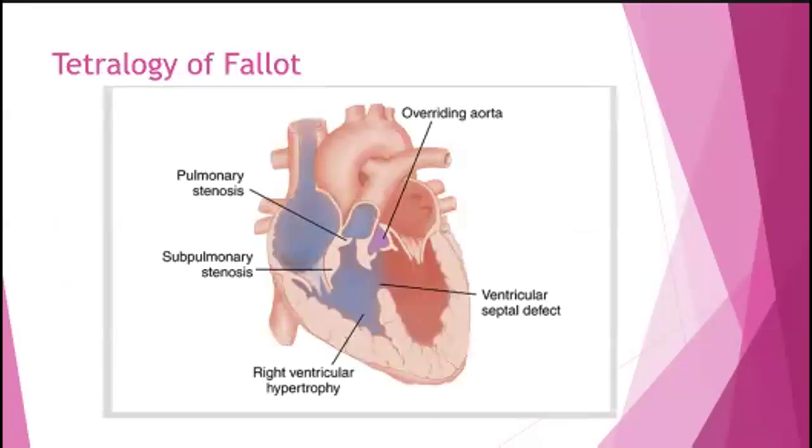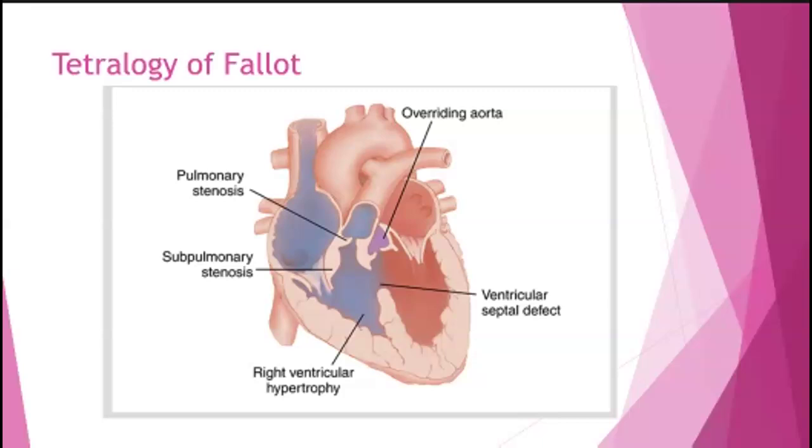Tetralogy of Fallot is the most common cyanotic congenital heart defect. It's called tetralogy because it has 4 problems together. Your 4 defects are pulmonic stenosis, so the narrowing of the pulmonary valve, which blocks blood flow to the lungs,